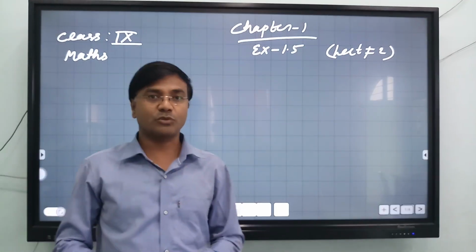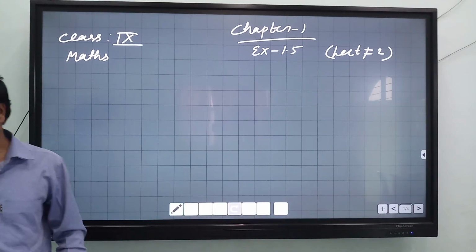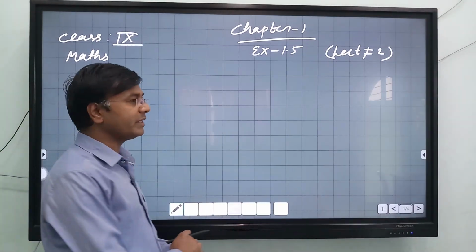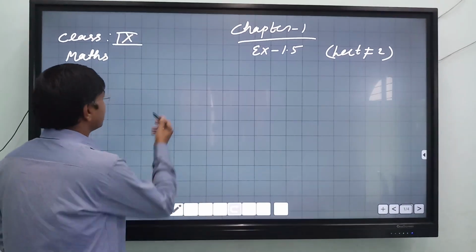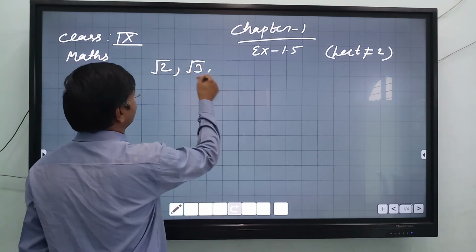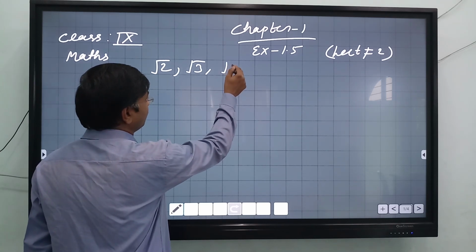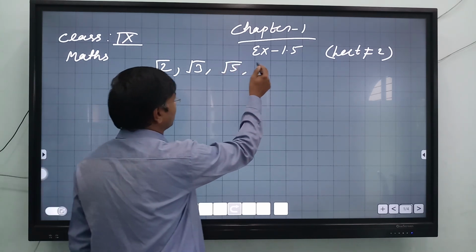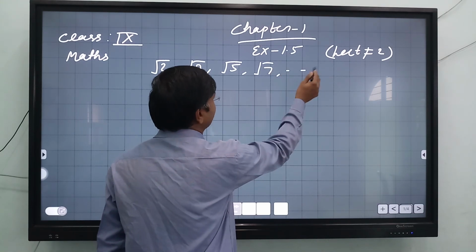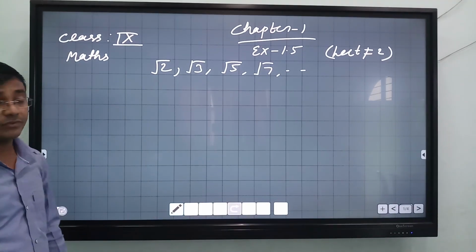Good morning students. Today I am going to consider the doubts you have asked about the representation of a number on the number line. This time I am drawing under root 2, under root 3 and under root 4 if you want. Otherwise 4 is a rational number, so I am taking irrational numbers like 7 and so on. How to get all these, or a particular one?